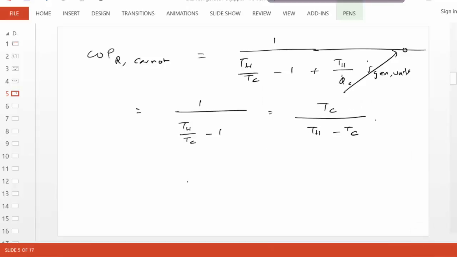Again, this is a remarkable formula, a very simple formula where you can get to the bottom of the COP